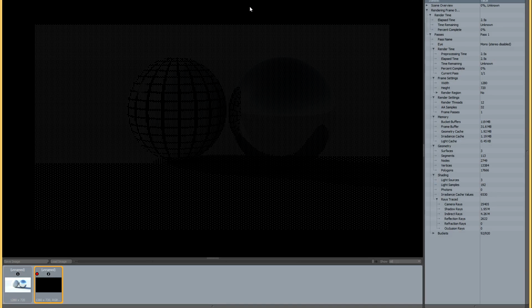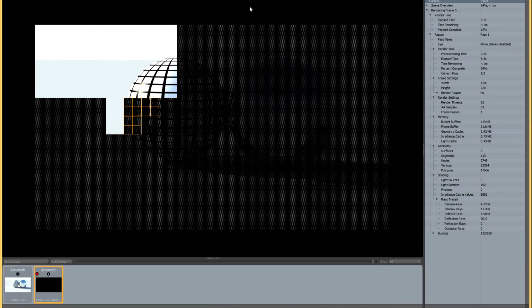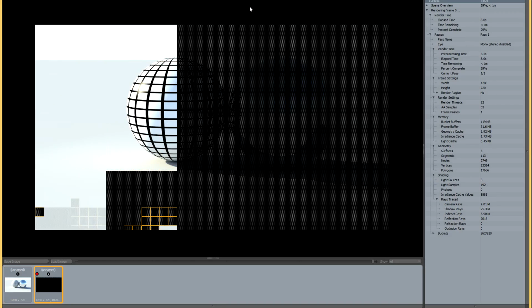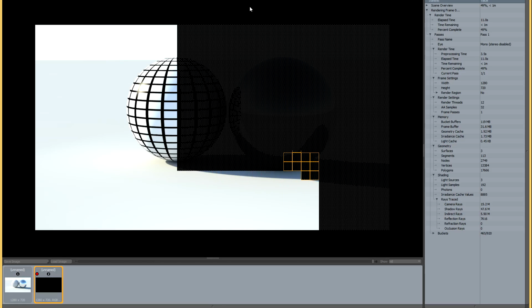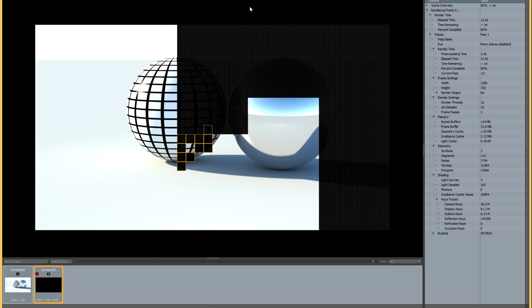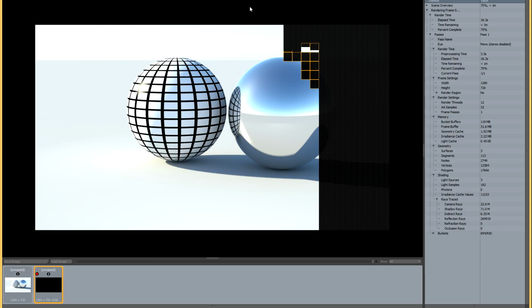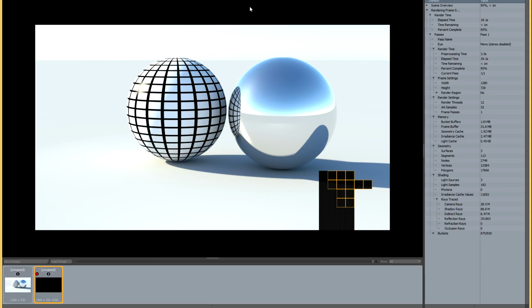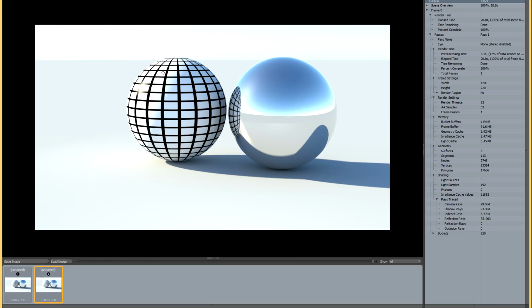And if our initial render took 16 seconds, we'd expect a render that was 4 times longer to take just over a minute. But you'll see that this is not going to be the case here at all, because our render time is only going to increase by a very small amount. And this is because all of the extra sampling that we've just set is only going to happen in very specific places along the geometric edges of these objects. You can see that our render has only gone up by 4 seconds. It's not even doubled. It's not even 50% more. It's really only a tiny bit more. And that's thanks to the shading rate of 1, which is acting as a brake, if you like, on the